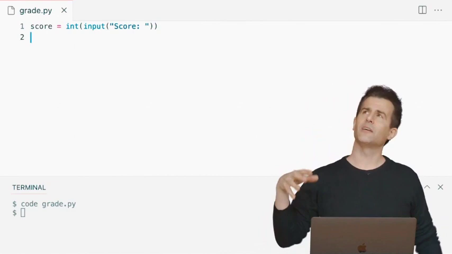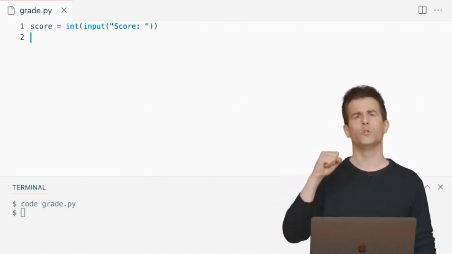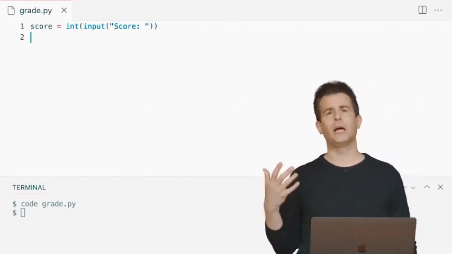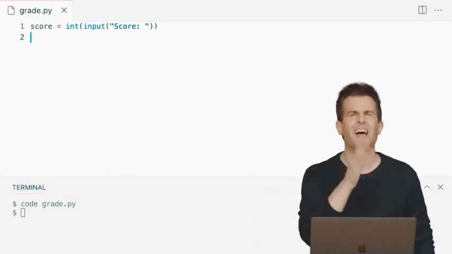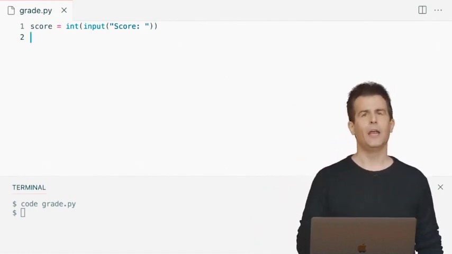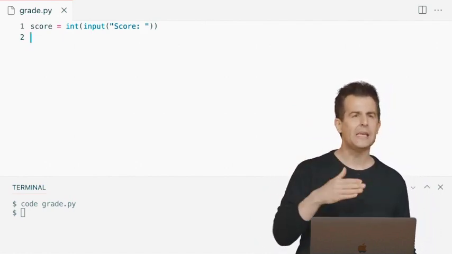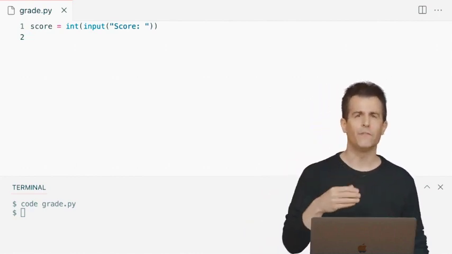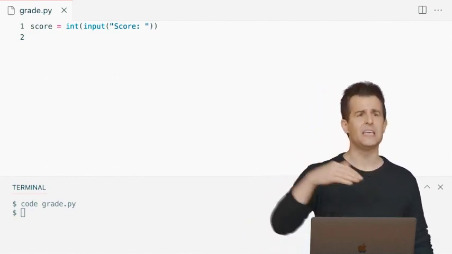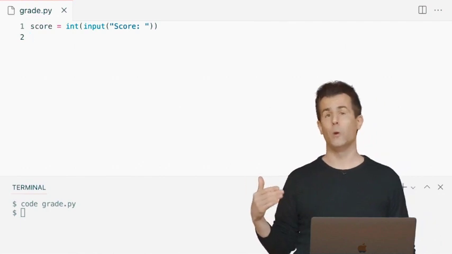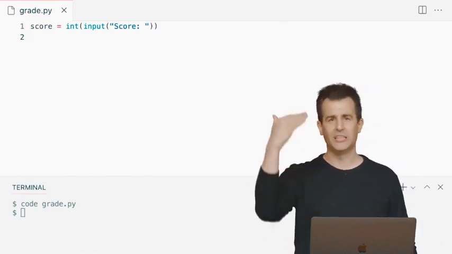Now, how can I go about assigning a grade to the student's score? Well, in the US, it's very commonly the case that if you get between a 90 and 100, that's an A. And if it's between an 80 and an 89, it's a B. If it's 70 and 79, it's a C, and so forth, all the way down to F, which should be E, but we'll see that there's a bit of a jump.